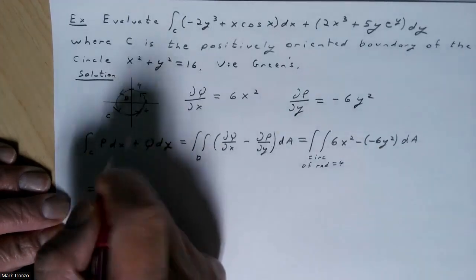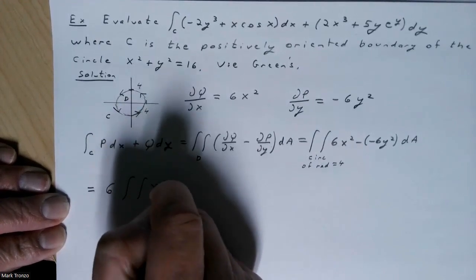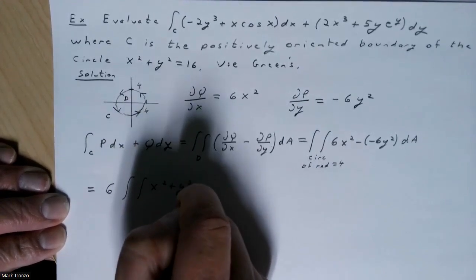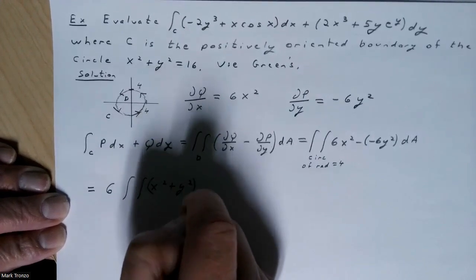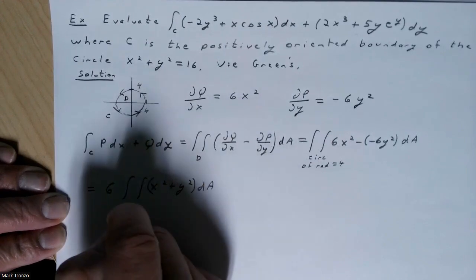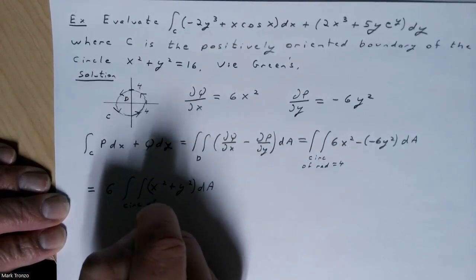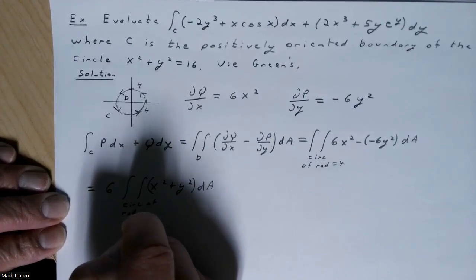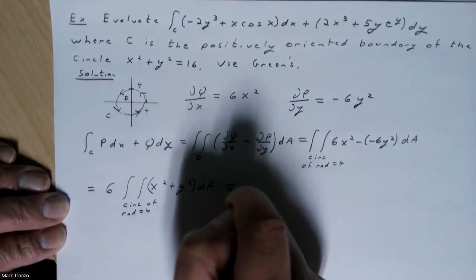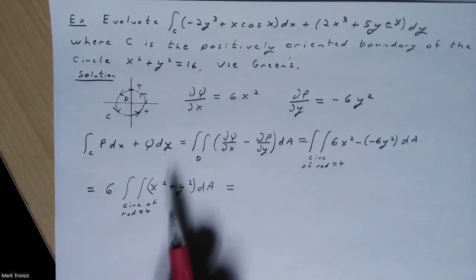So let's factor out the 6. And we have x squared plus y squared dA. Once again, circle of radius 4. And finally, this is really calling for polar